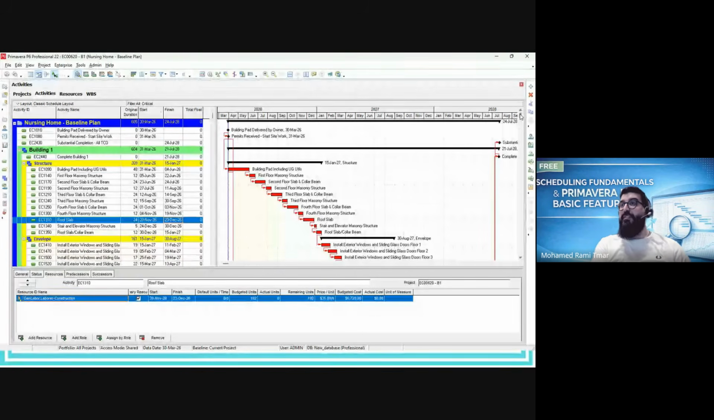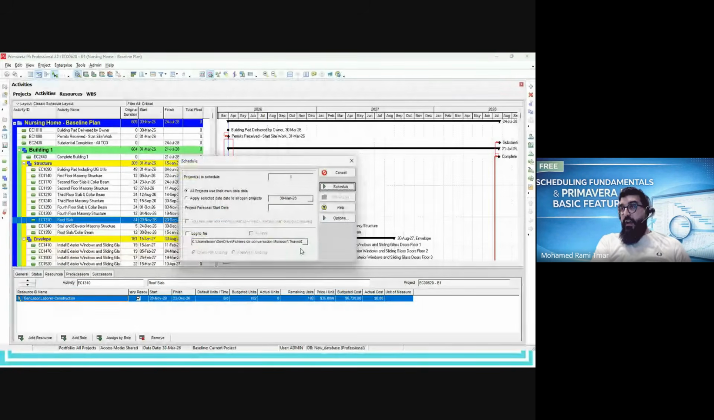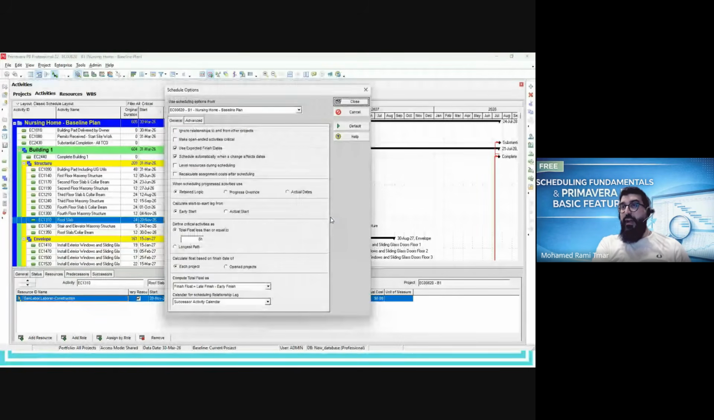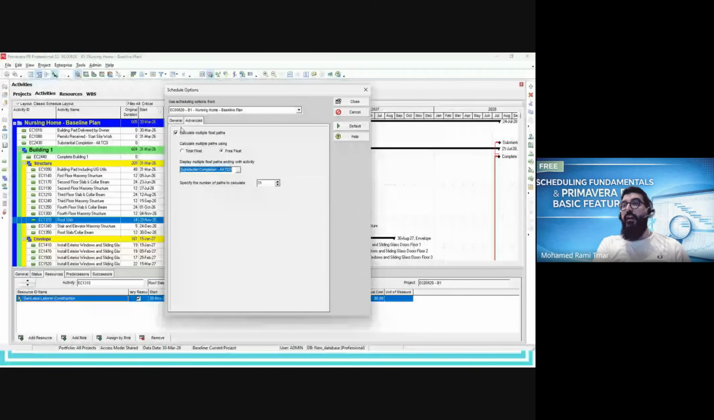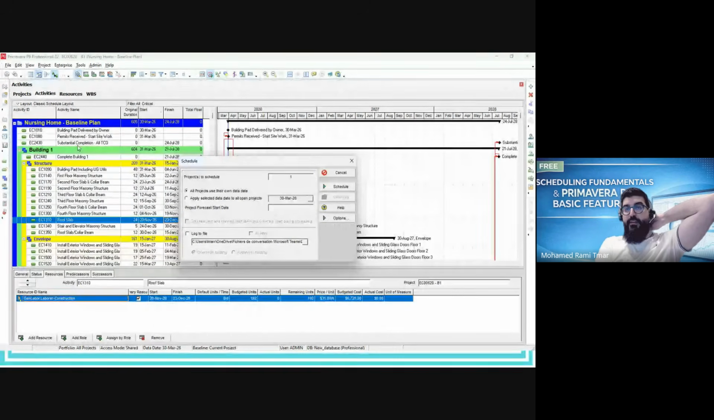So in this case, we will go to this option. It's an advanced option in P6. I will go to the options. I will define critical activity as longest path, and I will go to the advanced option. I will activate this option, calculate multiple float paths. And I will select the finish milestone of the project, based on which the software will generate the multiple paths. When I click on close, save by yes, and schedule,